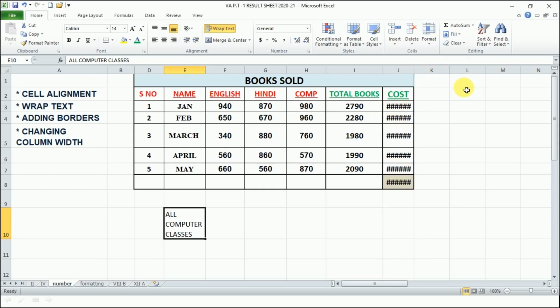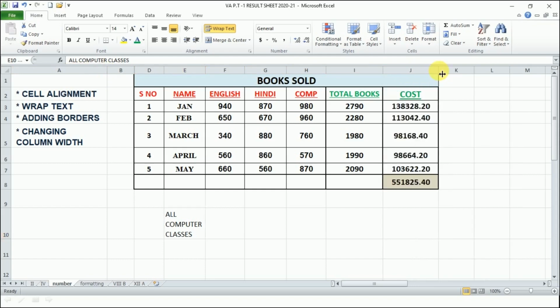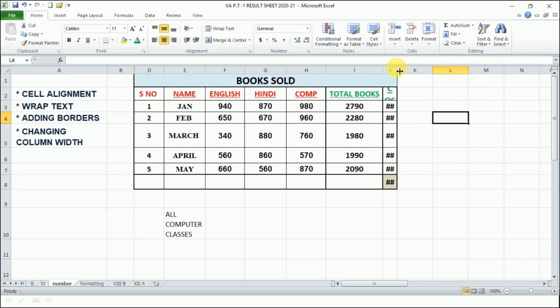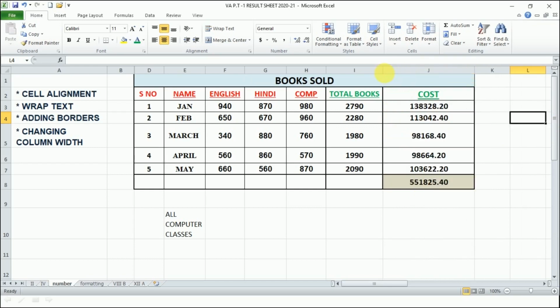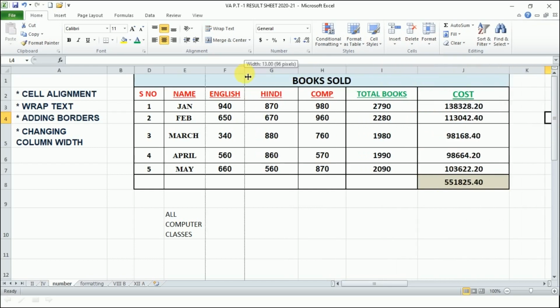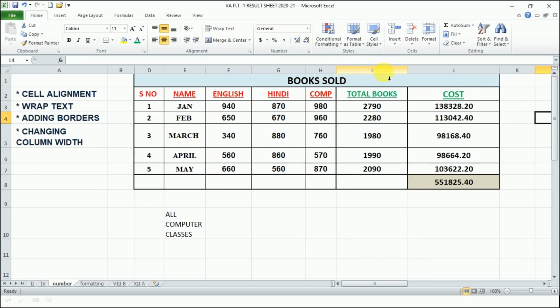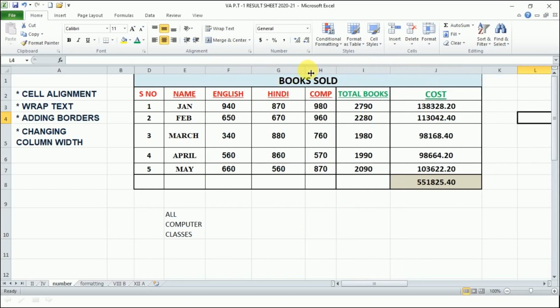So if I click, these are the columns at the top, A, B, C, D. Within two columns there is a line which is separating them. You bring your mouse pointer here and drag it to the right side. You see, when we increase the column width, the text is displaying or the numbers are displaying properly. When you decrease it, it is not displaying properly and it is showing you hash sign, right? So one way is to drag with the help of mouse. So this is how we can increase the column width, right?